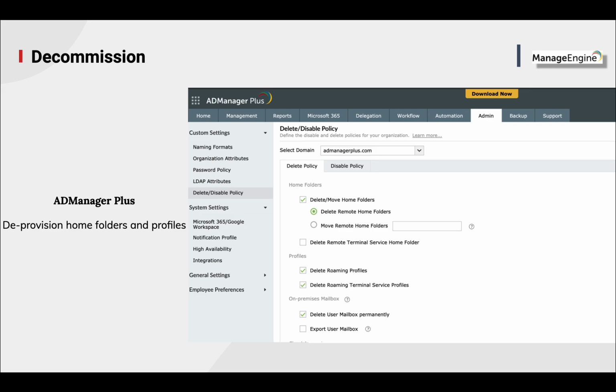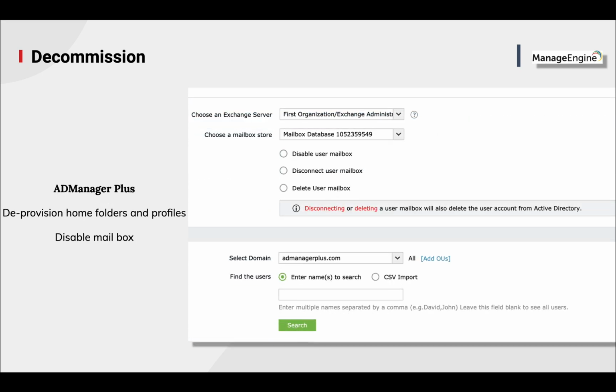So if an employee leaves the organization or a service provider leaves the contract, we'll have to remove them from Active Directory. First, you'll have to remove them from security groups, modify group attributes, select the group from which you want to remove, or select clear all group membership, disabling the account, delete user account from AD. Not just deleting the user, but you should also be able to restore them if there is any accidental deletion of users.